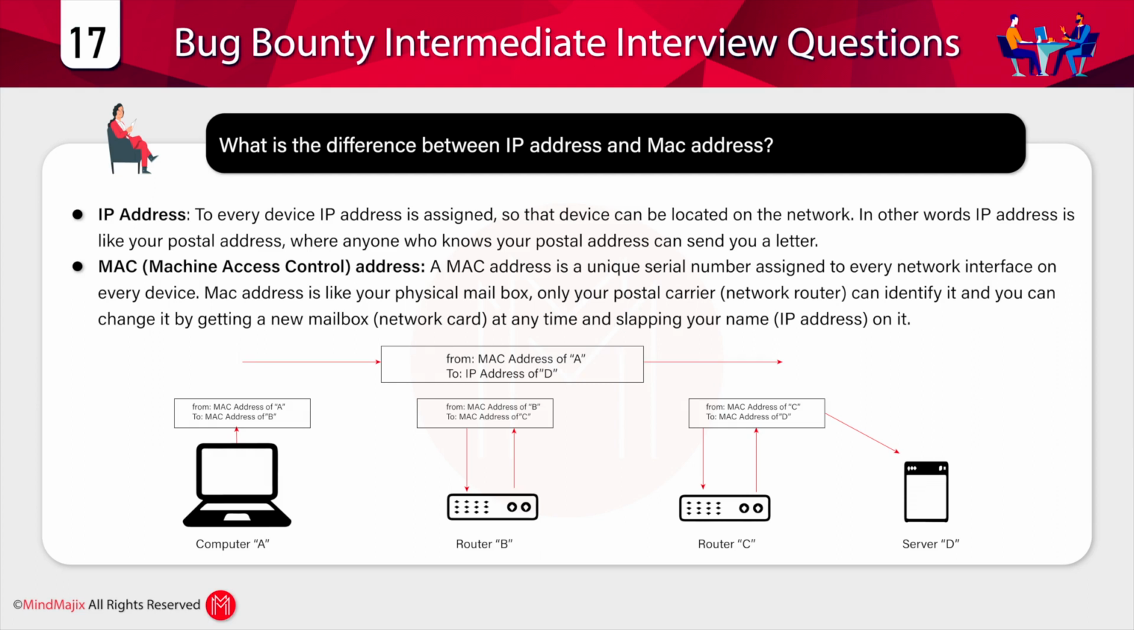So we can call it a physical mailbox. Only your postal carrier, nothing but a network router, can identify it, and you can change it by getting a new mailbox, right? So this is a simple example with which we are able to compare an IP address and a MAC address. The next one,